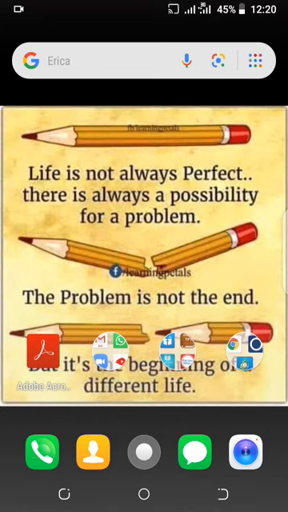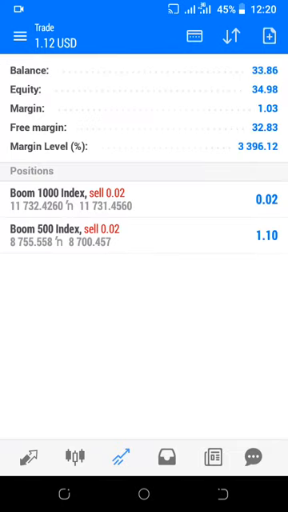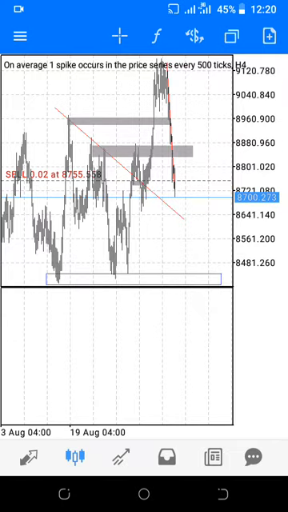And today I will be teaching you on the principles of day trading boom and crash. I'll start by first defining who a day trader is. A day trader is somebody that can allow an open trade to run for a minimum of 1 hour. In other words, one particular trade can run for a minimum of 1 hour. That is a massive period of trading. In other words, you don't just run in and jump out of the market.